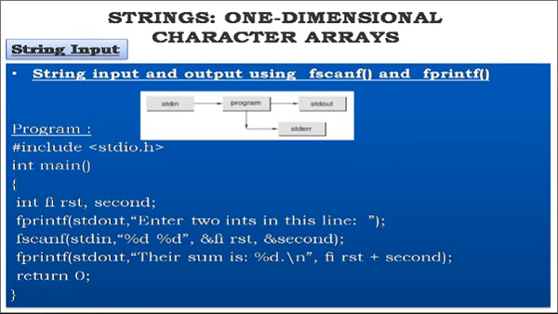The next one is a string input and output using fscanf function and fprintf function. Standard in, standard out and standard error. Each C program has three input-output streams. The input stream is called standard input, that is stdin. The usual output stream is called standard output, that is stdout, and the side stream of output characters for errors is called standard error, that is stderr. Internally, they occupy file descriptors 0, 1 and 2 respectively.